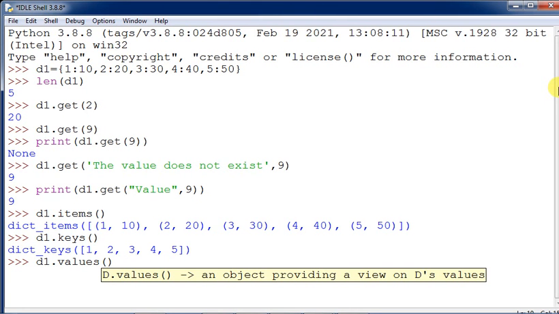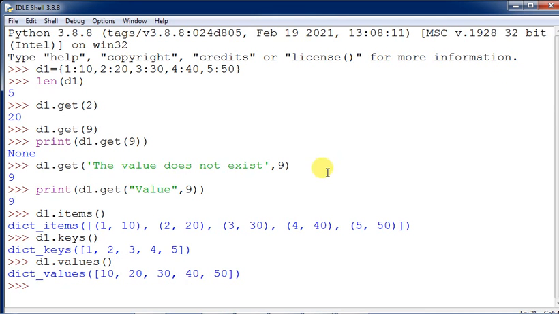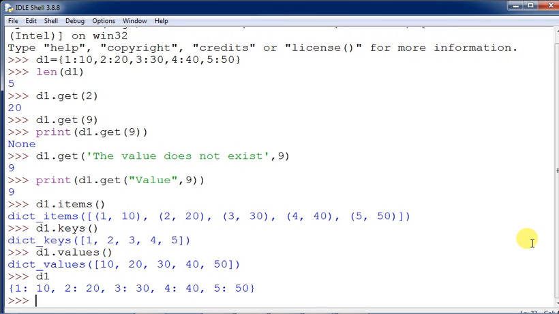Yesterday I had shown these commands after completion of the program that we had created interactively by using the input commands, and then the dictionary had been created. Afterwards I demonstrated these commands to you also. Kindly see those previous videos properly. So d1.values() will display only the values. The values have come, the keys have come, and the items have come, and this is the entire dictionary d1. These commands are very important in order to access the dictionary values.